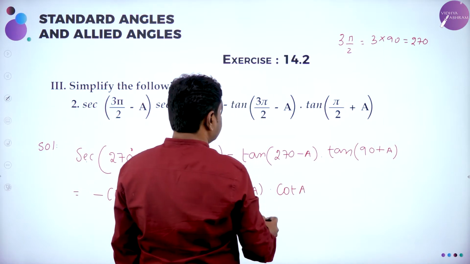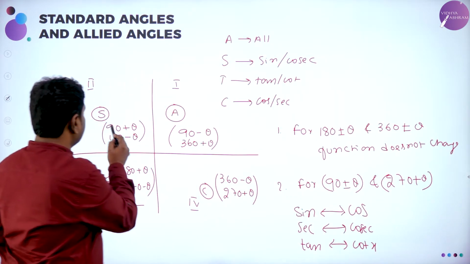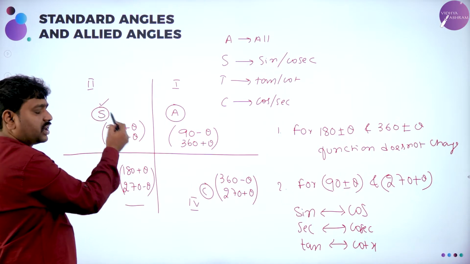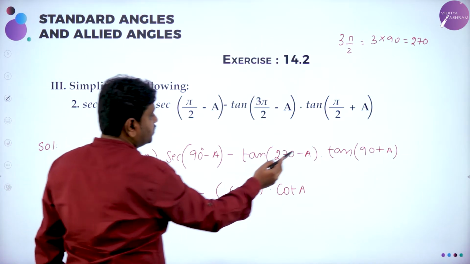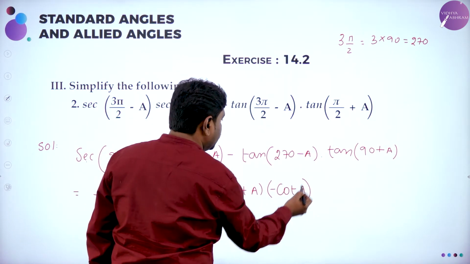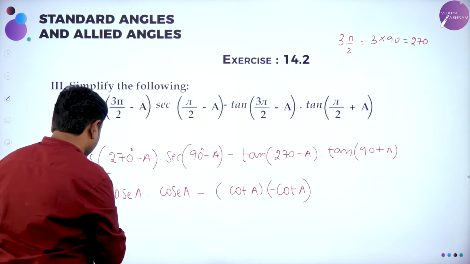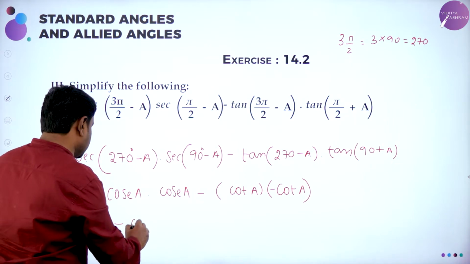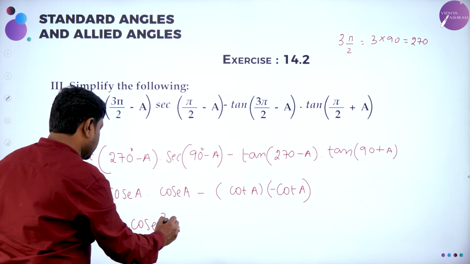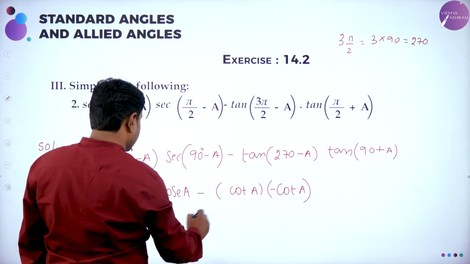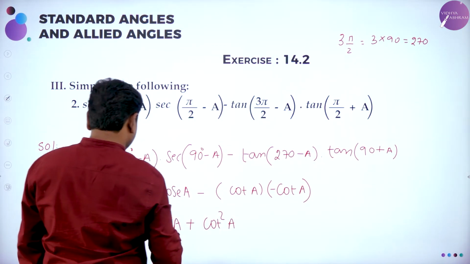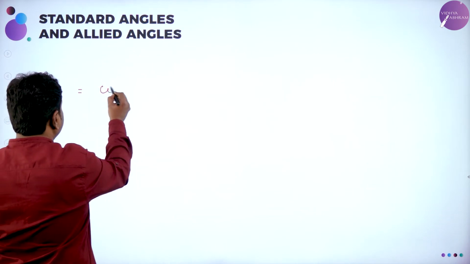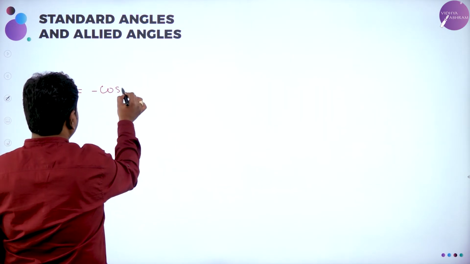90 plus a is in second quadrant. In second, only sine and cosecant are positive, but this is tan, so it will be negative. Into is there, so I'll use brackets. Now minus into plus minus: cosecant a into cosecant a is cosecant square a, minus into minus plus, cot into cot is cot square a. So now we are left with minus cosecant square a